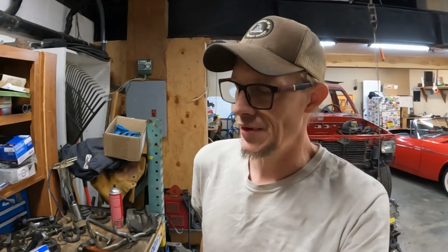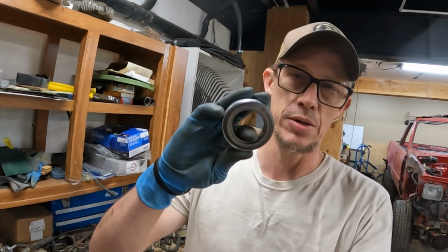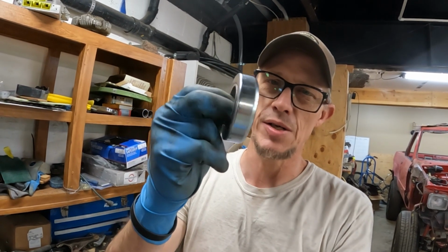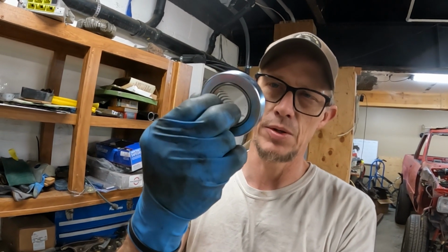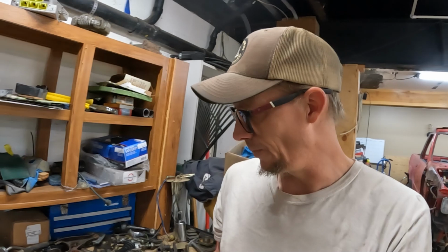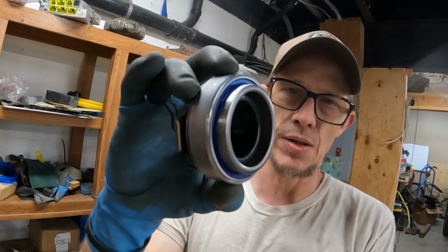Alrighty, so we are back with this clutch fiasco as always. Okay, so what I ended up running into was the throwout bearing, because if you remember, this was an automatic. I never had any of that stuff. There are two or more 22R throwout bearings. So the one I started with, which came with the clutch kit, which is right for the clutch kit, is this guy here. This piece requires a separate hub. It's called a collar, a separate collar that this presses onto, and then that gets moved by your throwout arm or whatever. So this is a later model